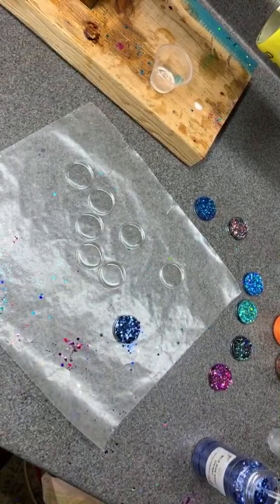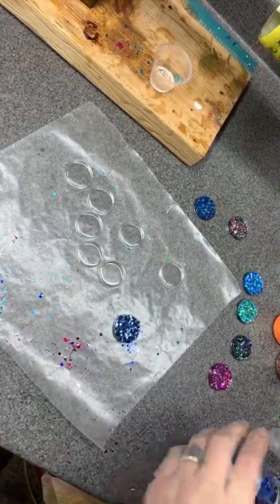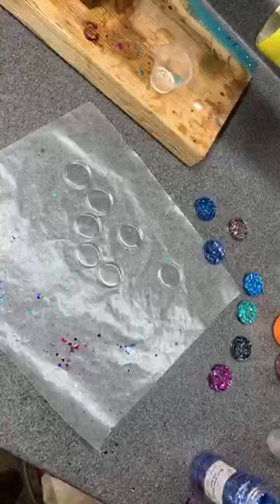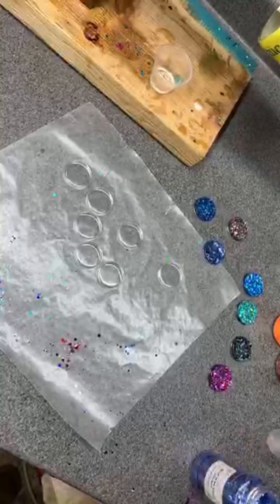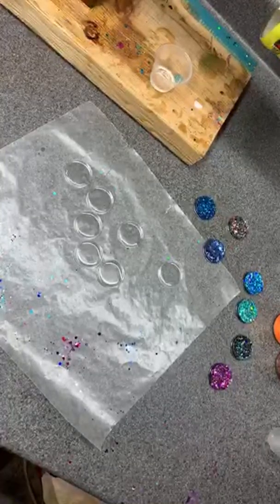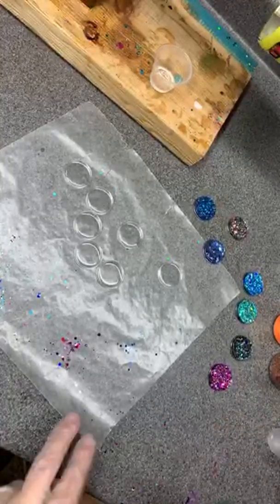Because there are some colors like Garfield and Sparkly and Skeleton that are not sparkly under epoxy, which is fine because some people don't want that. They just want to see kind of a texture or a non-sparkly color. So let me finish up the...